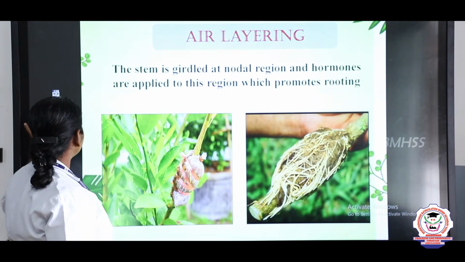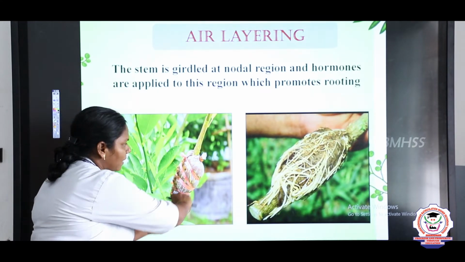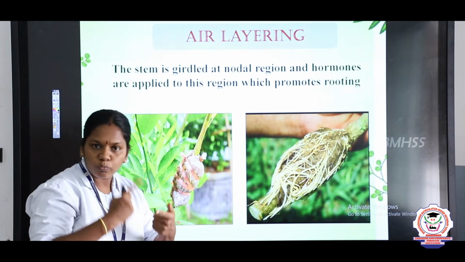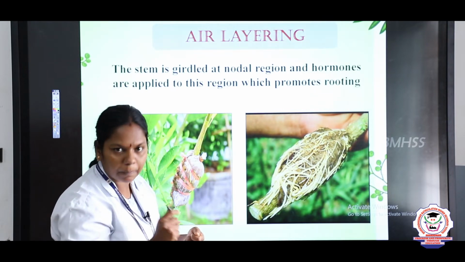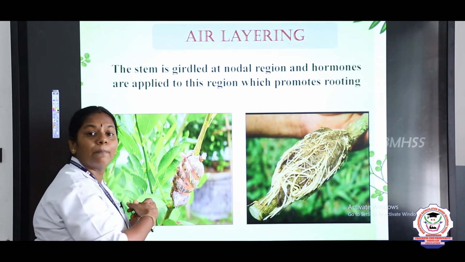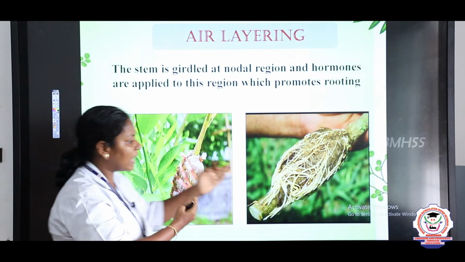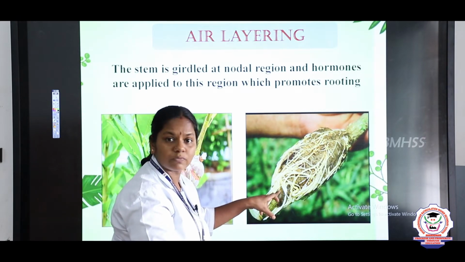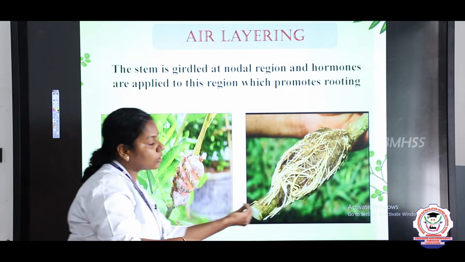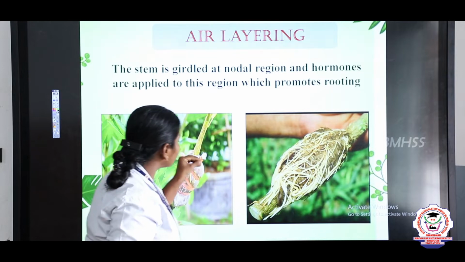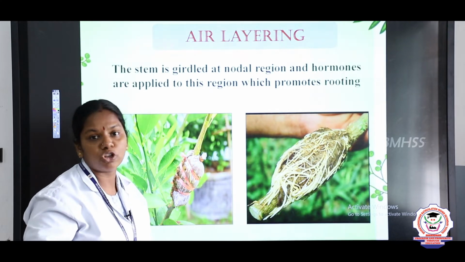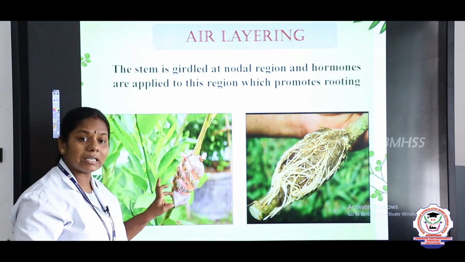Air layering method. Here what will happen if it is a citrus plant? In the stem, a portion of the bark is scratched with a knife, and it is covered with soil and enclosed with a polythene cover. Later what happens? In that area, what is forming? Many roots are formed. Later, this part is cut off from the parent plant and grown into a new plant. Like this we can do it in many branches of a single plant, and we can produce many new plants. So this we call air layering.